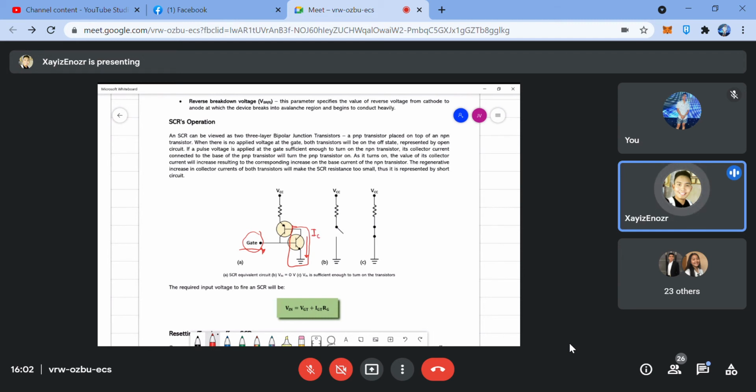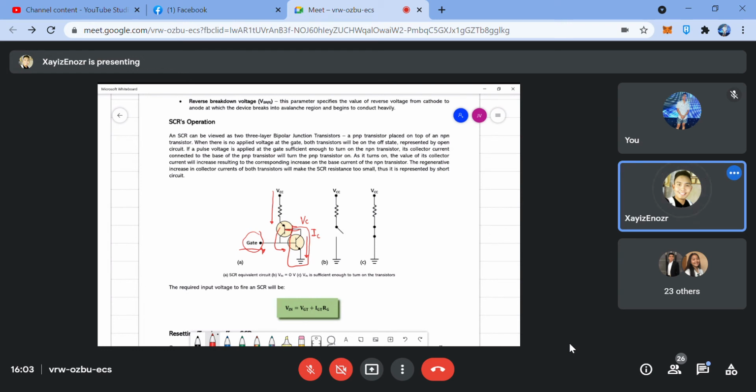Pag nagkaroon ka ng collector current, yung collector current na to is magiging dahilan para magkaroon ka ng collector voltage dito. Yung collector voltage naman dito, siya naman ngayon yung magiging dahilan para may pumasok na voltage sa base nito ng PNP. So pag nangyari yon, pag may pumasok sa base ng PNP, mau-on to, kakaroon ng current na ngayon dito sa PNP. Pag nagkaroon ng current, mangyayari niyan is magkakaroon ulit ng voltage dito. Papasok dun sa NPN. So, ang nangyayari, parang umiikot siya, but every cycle is nadadagdagan yung voltahe mo,